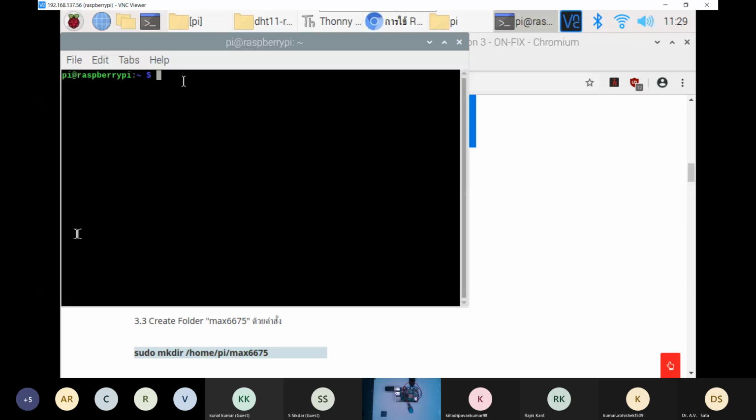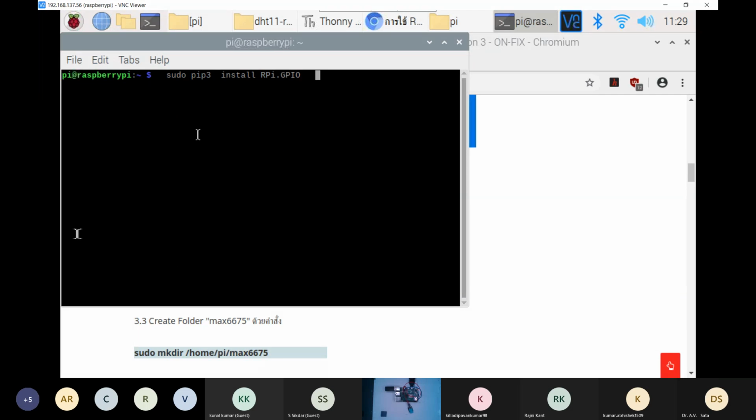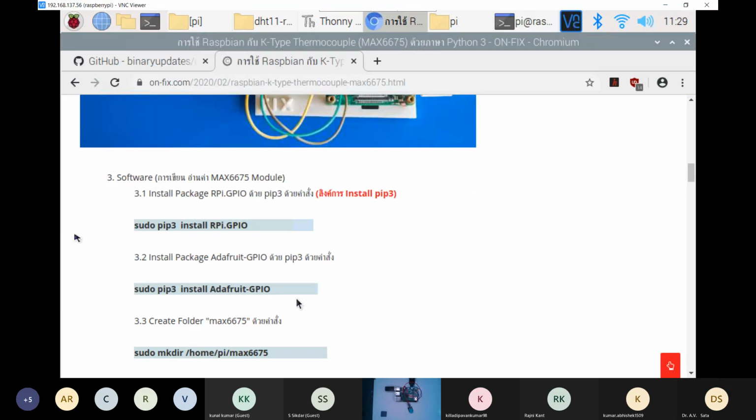We'll be using the terminal. Just right click and paste it: sudo pip3 install rpi.gpio. Okay, so it says requirement already satisfied. As I told you, all the Pis have these rpi.gpio files, but as it has been mentioned that there should be an rpi.gpio, if by any chance it is not present, then we can just install it.